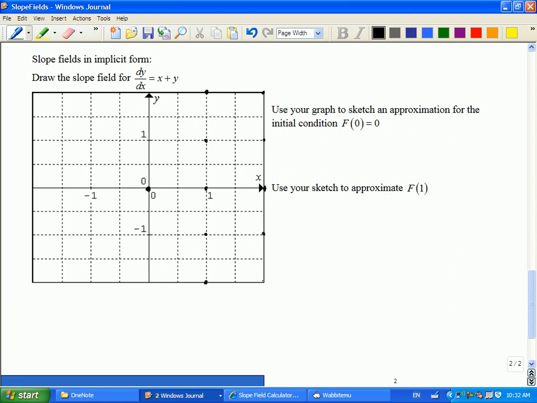Now, if these are my points, there are some ways still to strategize about what it's going to look like, and we'll talk about that to help speed things up. But typically, the AP exam would have 6 points. They bold them out for you, and you put the slope through the 6 points they give you. So this would be more detail than is required. But if you think about what would be some nice ones to pick,